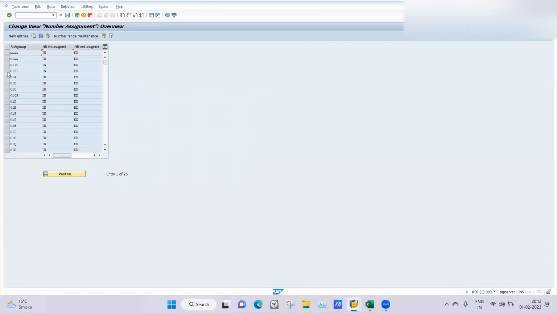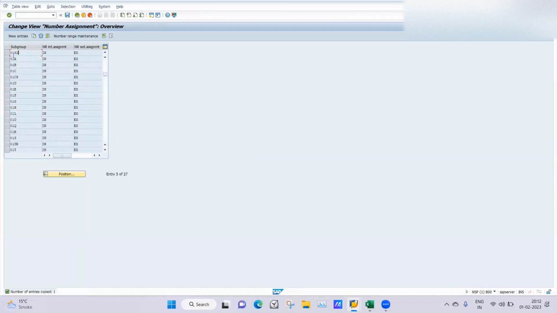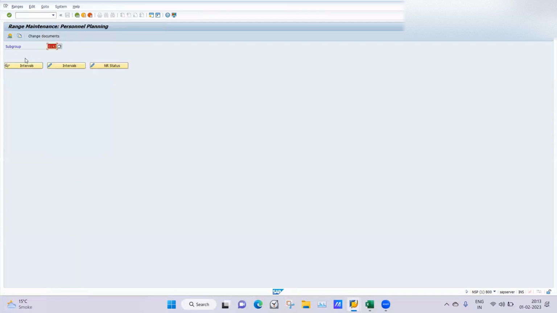Now if I again try creating, it will pick up from the 99 to 999. Let me once again try creating 190. I'm just copying it, 0192. That must be different. Somehow it has created it as 192. I just copied the previous one. Now I will change the internal